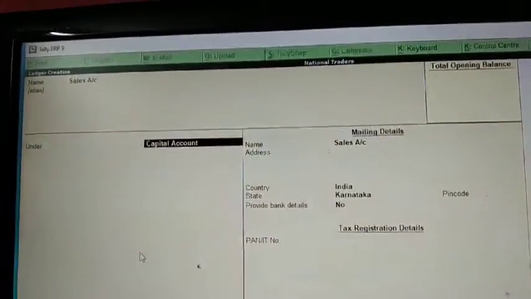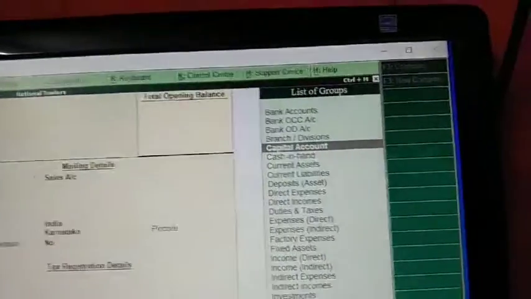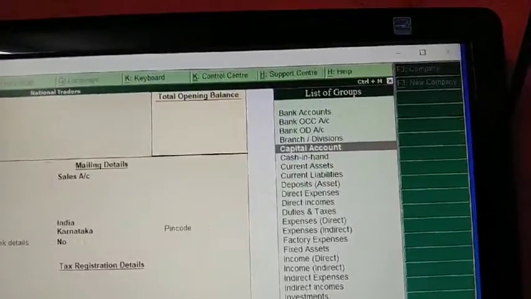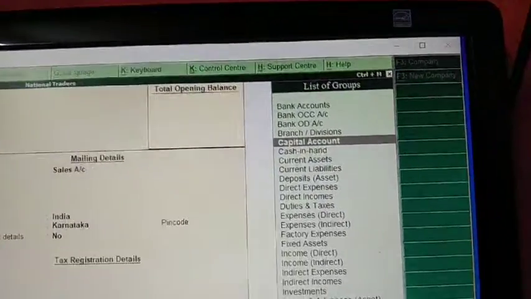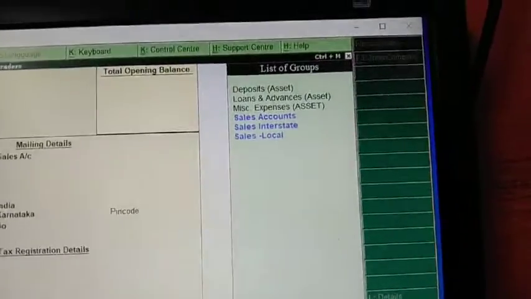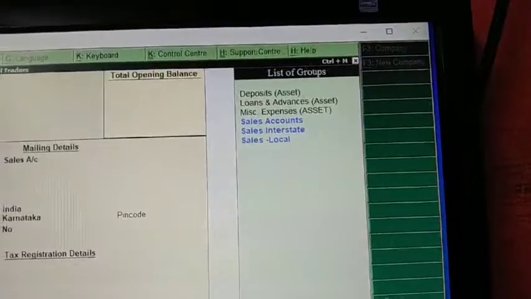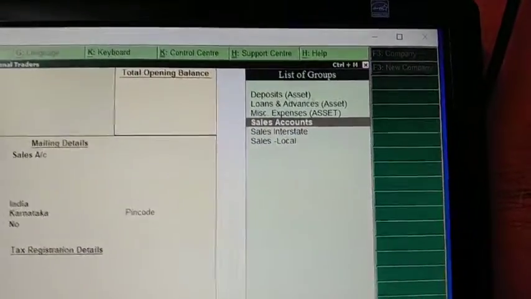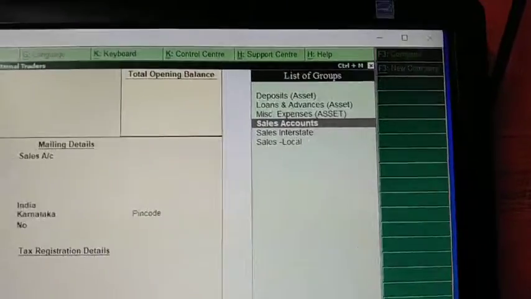It is nothing but selecting an appropriate group, so that sales will come under an appropriate group for your reports. So sales ledger will come under sales group. So what we are creating is a sales ledger, and you have to select a sales group,